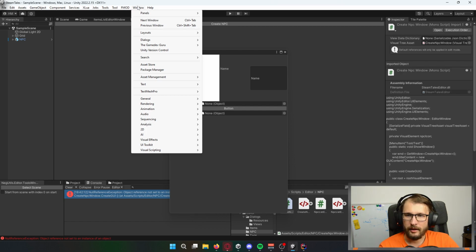I found that Unreal has a really nice tool for redirecting UI input to gamepad. In Unity we have it already built in, and I would say that everything works very well. So that's good to know that it's already built in.